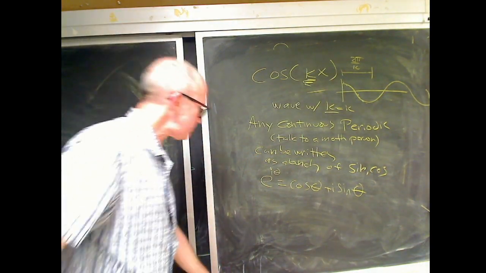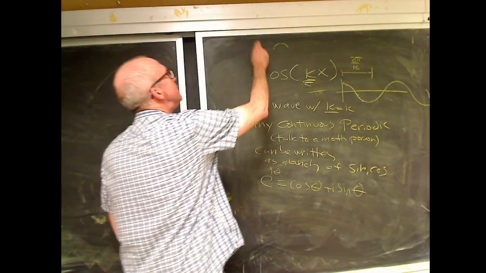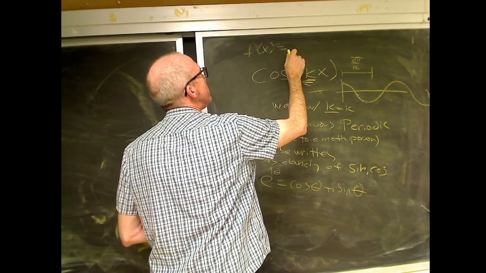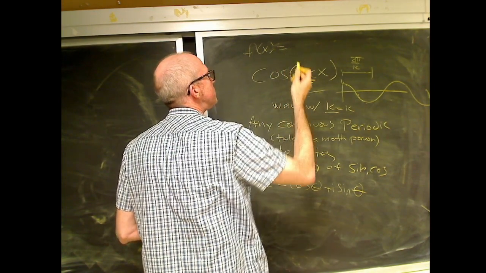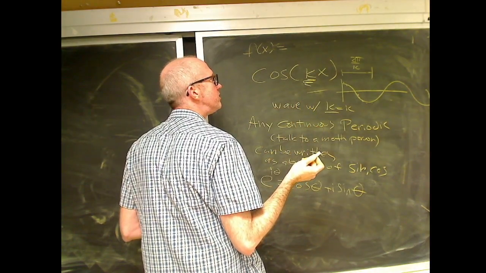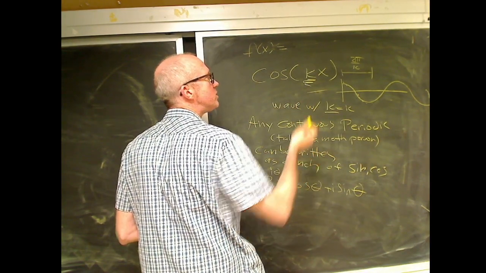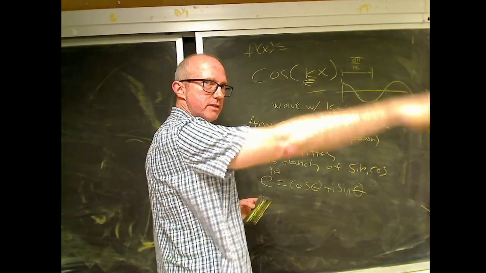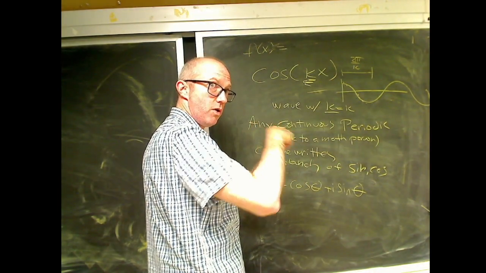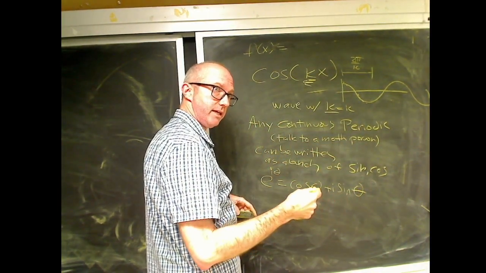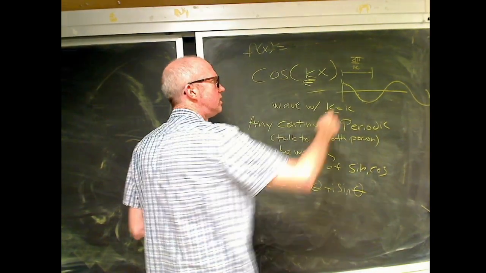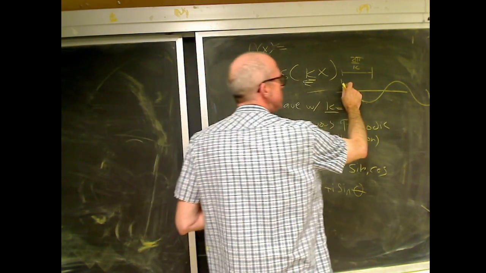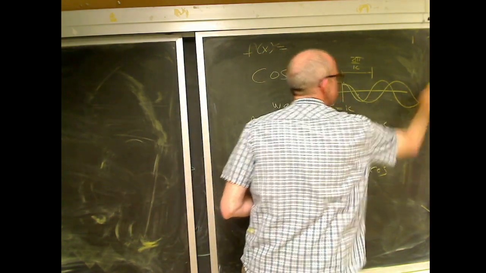So I can take my function f of x and write it as another function of amplitudes of wave numbers. So I've got a bunch of cosines with this k, and a bunch of cosines with another k, and a bunch of cosines with another k. So I need to just know how much of each k I get. Does that make sense? I don't need to know the actual positions. I just need to know how much of this wave do I get versus how much of this wave do I have.